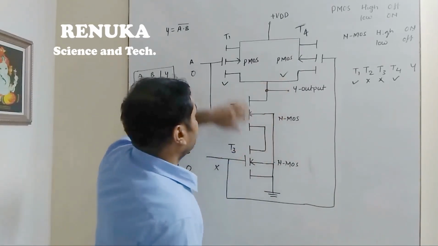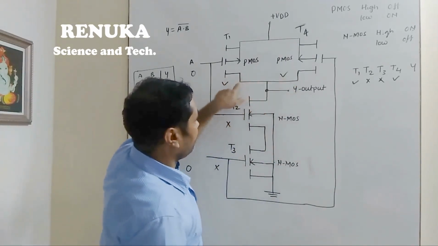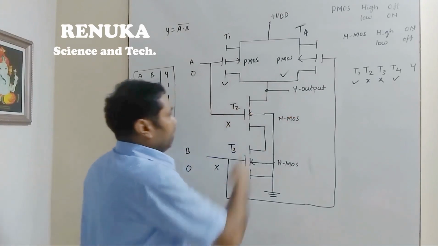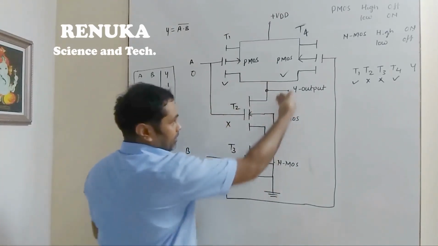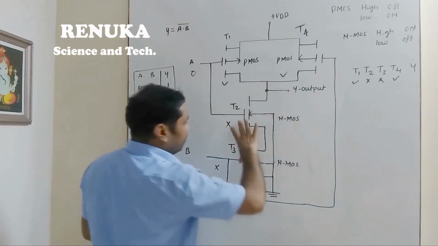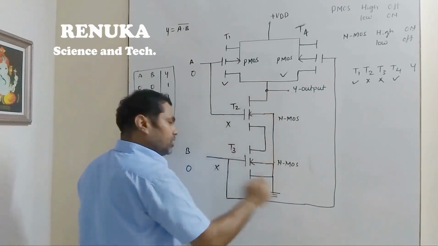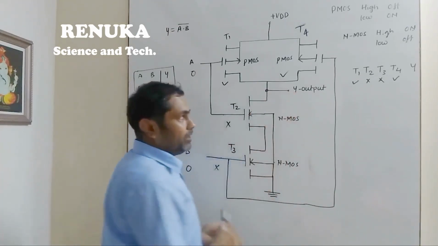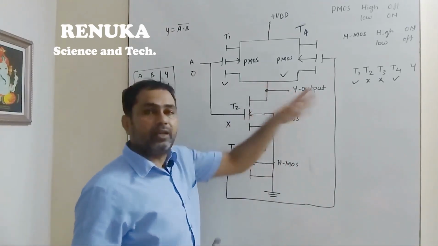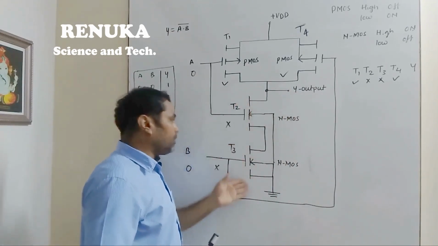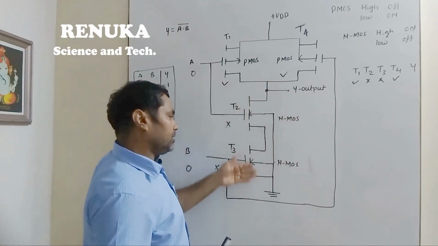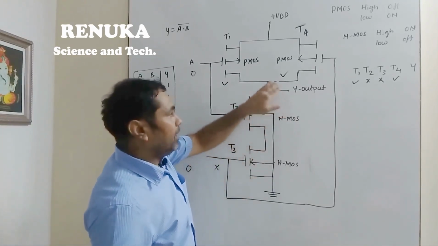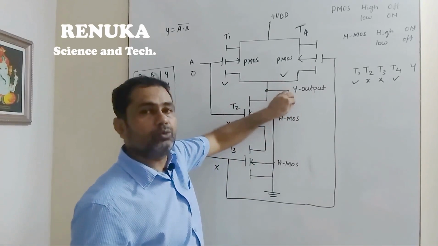Now back to this. In this, both the switches are turned on, so current can easily be obtained at the Y output. In this connection, you can see that this is a series connection in which both the switches are off. So current cannot sink towards the ground. So all the current will be deposited here, and if an LED is present here, that current will flow towards the LED, not through the ground, because this path is off. So both the NMOSs in series connection are off. So current will drop here, and that will turn the LED on.